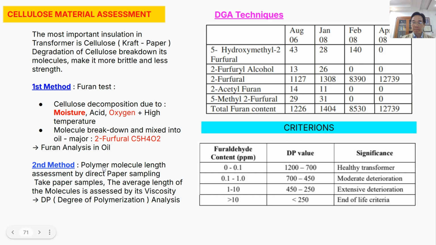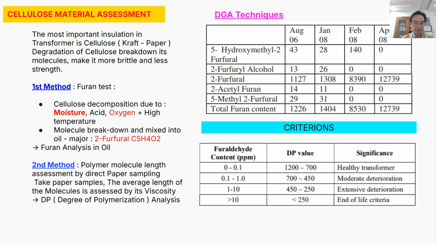Then if we have 1,000 molecules connected together to make a polymer, it's a good quality of insulation. However, during the operation, with time under the attack of high temperature, under the attack of oxygen, of moisture in oil, and acids in oil,